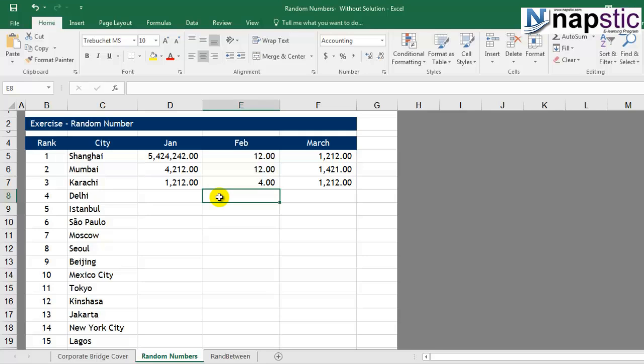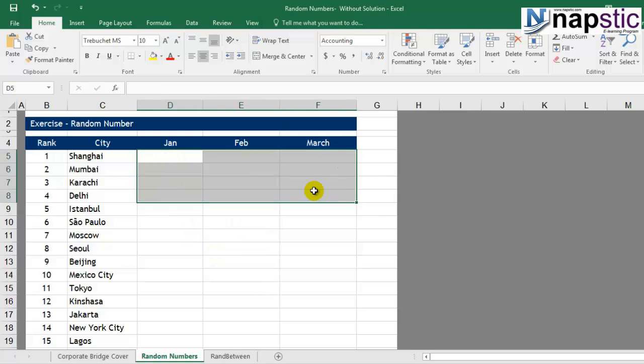These are fixed, and there's also some bias in this set of numbers which I'm typing across the sheet. Okay, there could be some bias that comes into the picture when you are typing in these hypothetical sales numbers. However, you can use Excel's help in order to generate some sample numbers, and that can be done using the random function.